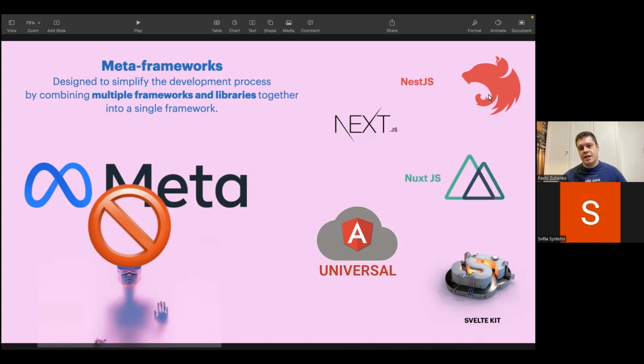I would say I'm used to a few of them, and the idea that they're bringing to us is pretty important to understand. But let's look closer at the idea of those meta frameworks. Nest.js is a pretty powerful tool. It mostly uses TypeScript for the code base. It uses the MVC pattern to provide the structure of the application.